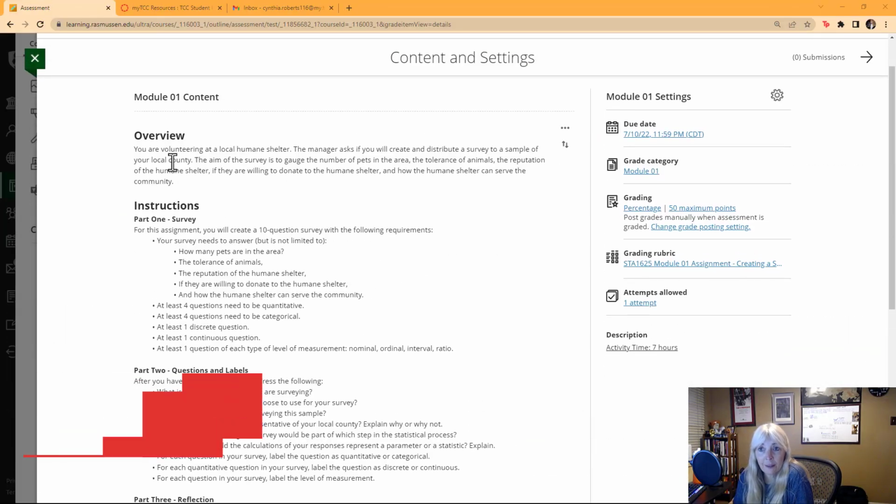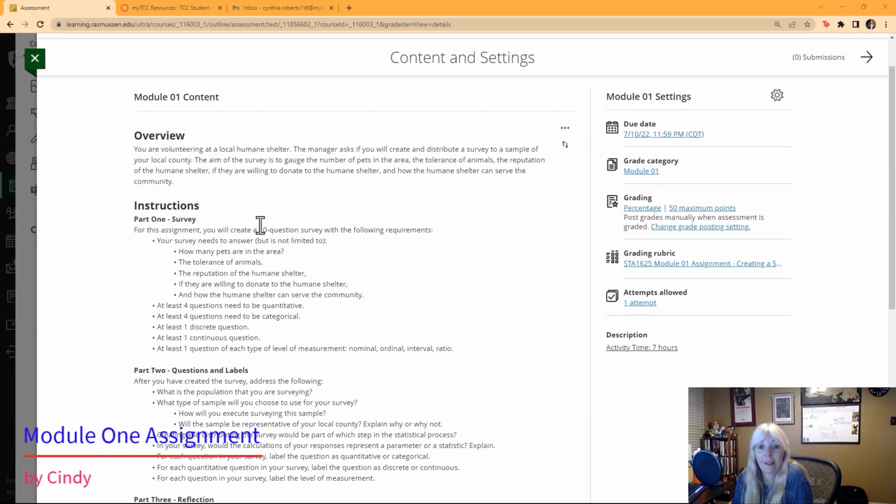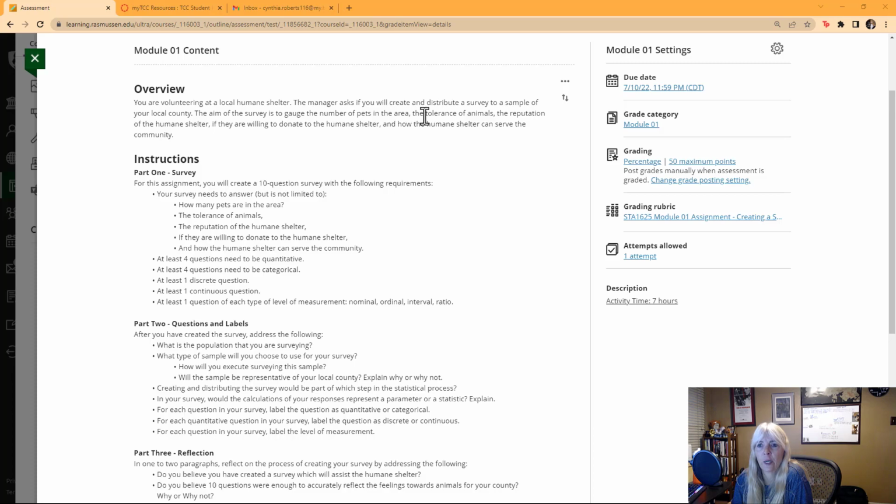So I have this assignment that you want me to do, teacher? Yes, so you are volunteering at a local humane shelter. The manager asked if you would create and distribute a survey to a sample of your local county. The aim of the survey is to gauge the number of pets in the area, the tolerance. So you know what tolerance is, right? Can you tolerate animals? The reputation, and if they're willing to donate, and how the humane shelter can serve the